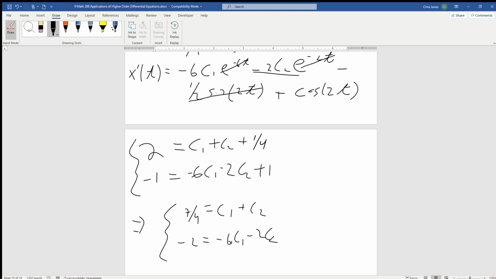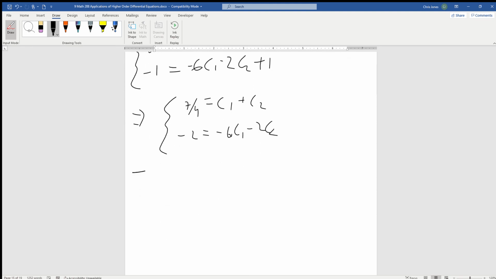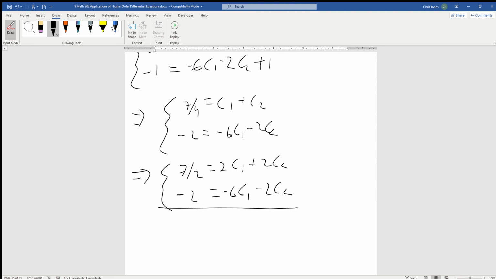Alright. So let's multiply the first equation by 2, and we can solve easily. So if we multiply by 2, we get 7/2 equals 2c1 plus 2c2. And then -2 equals -6c1 minus 2c2. Now we can add the equations. And this is going to wind up being 3/2 is going to be equal to -4c1. And we can clearly see that -3/8 is going to be c1. Alright, so that one's not too bad. So we get -3/8